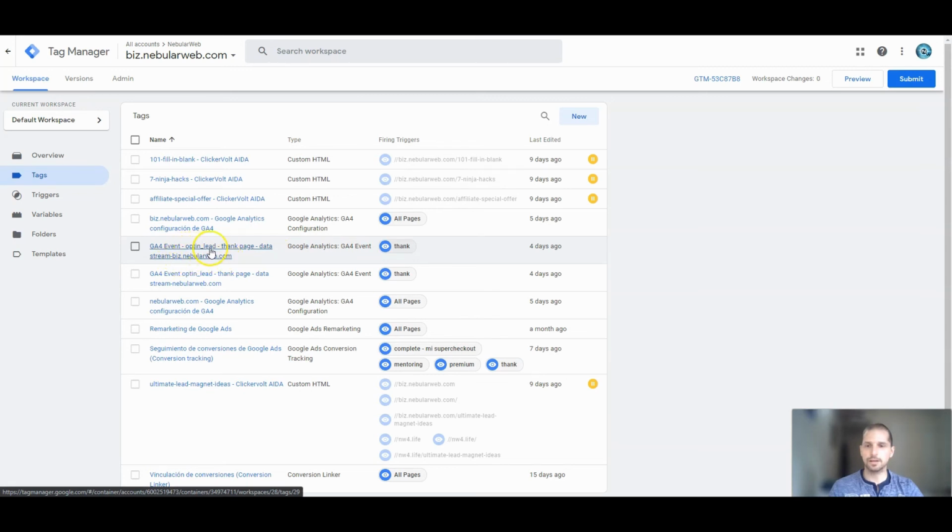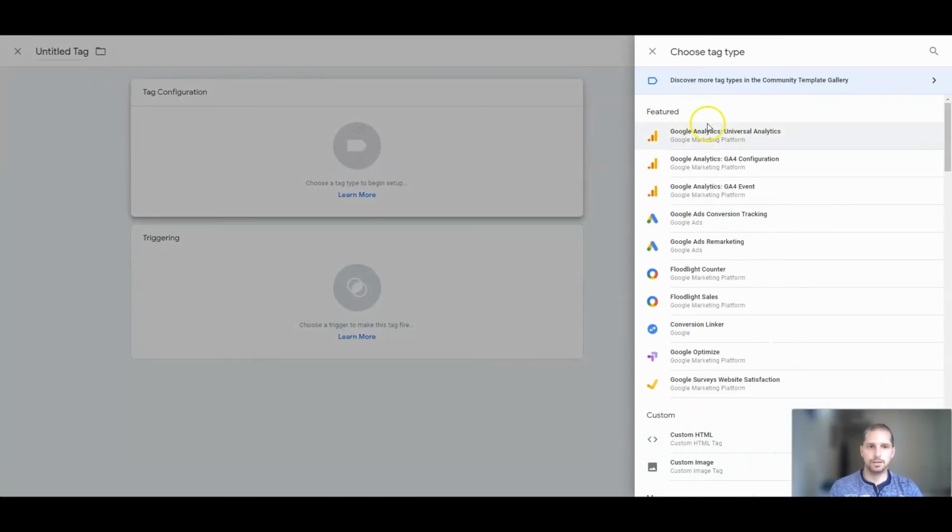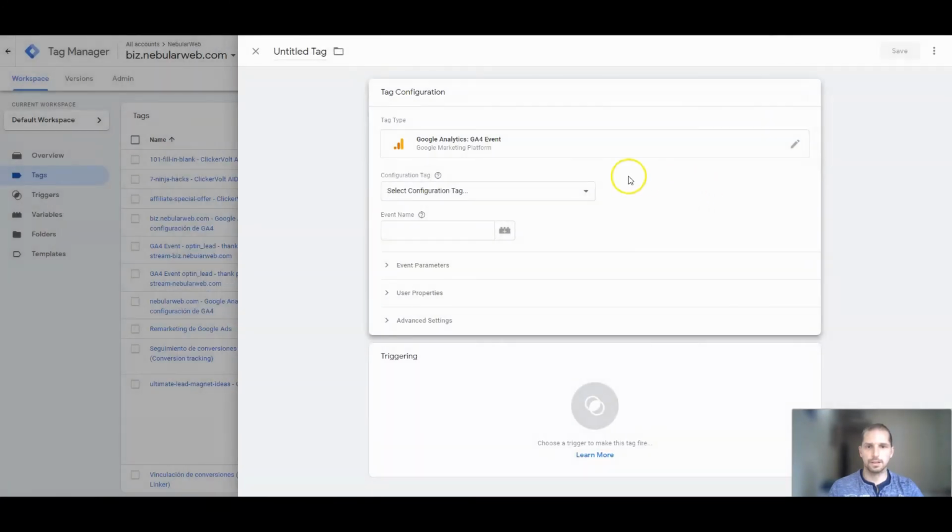and I called it opt-in lead. So we're gonna create it from scratch so that you can see it. So we come here to new, we click here, and we choose Google Analytics GA4 event. Now here we go to the event and we put the name that we want. It could be just, for example, new lead,